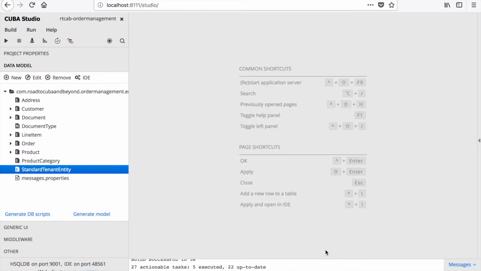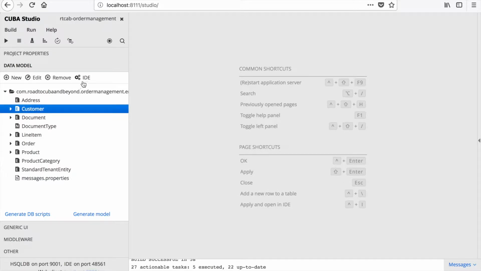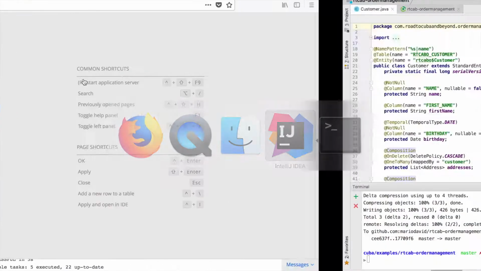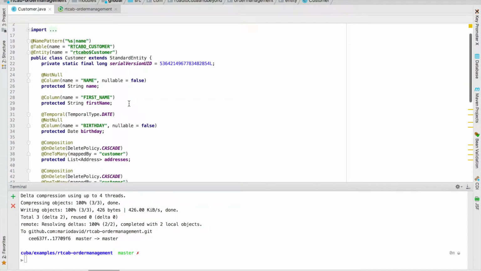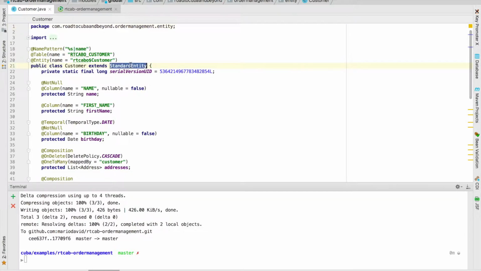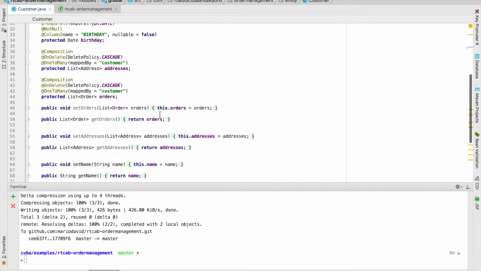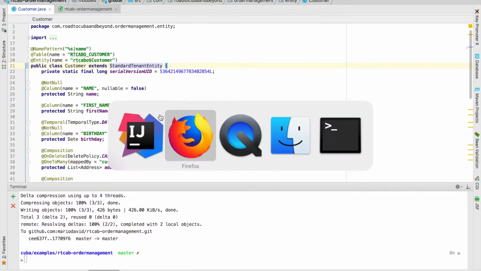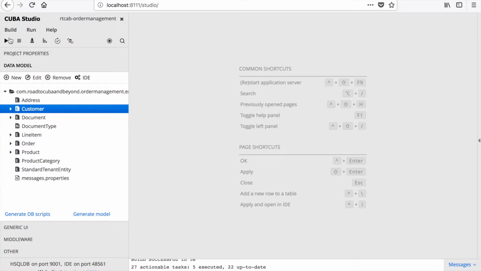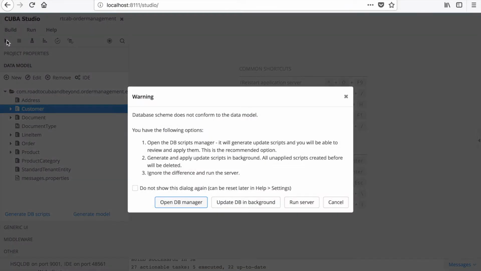We don't need an instance name for now. And then we will just go to the customer entity. Here it says it's extending standard entity, which comes from Cuba directly, but we will take this one here. With that, nothing really changed for now, but if we try to start the application, then Cuba should recognize that,